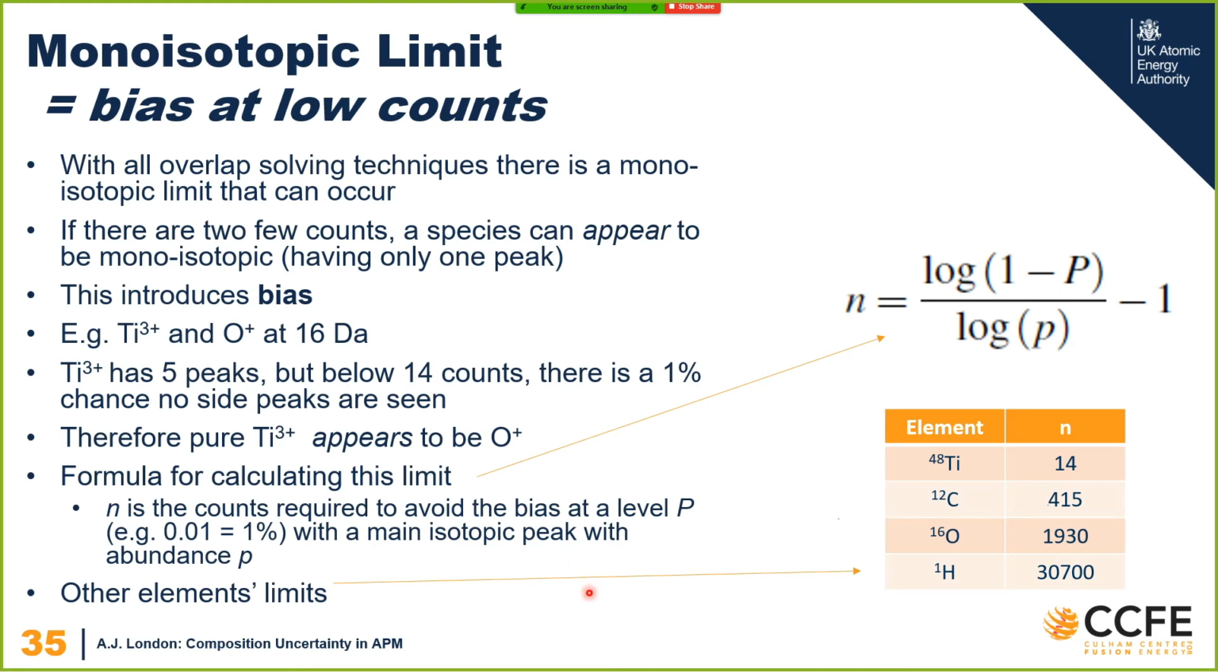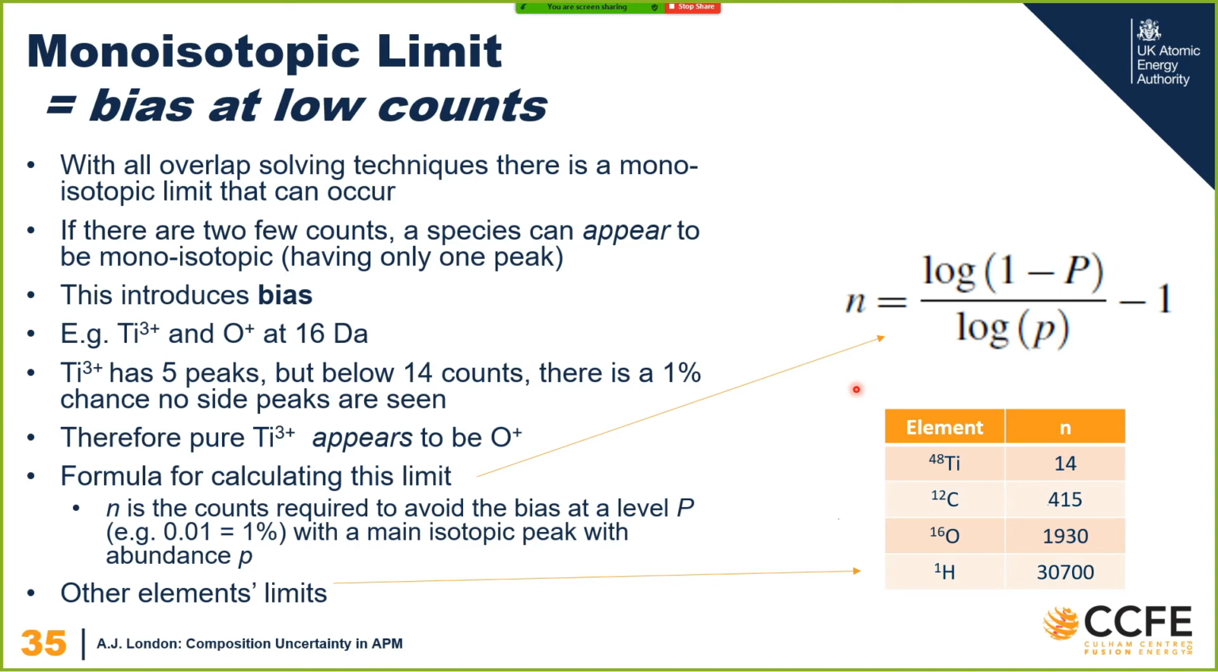So just to be aware, this is the equation you can use given the big P being the level of confidence you want. So like a 1% confidence, you want to avoid it 99% of the time. And little p is the abundance of the species you're interested in. So for titanium, it's like 75%. Carbon, it's like 99%. So, in your data, you can figure out what this limit is and then make sure